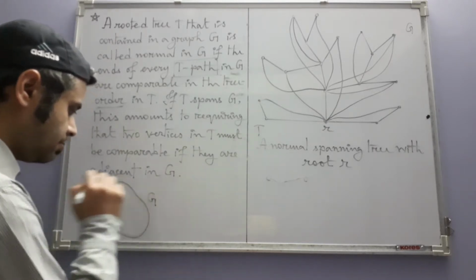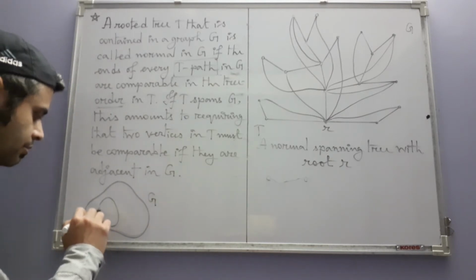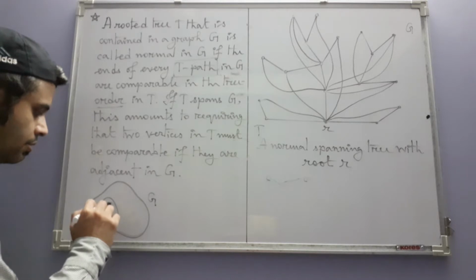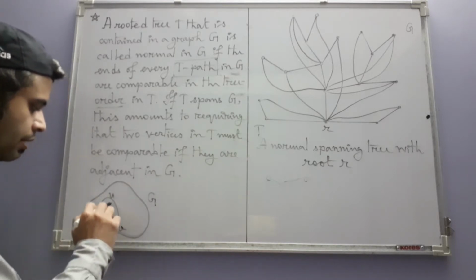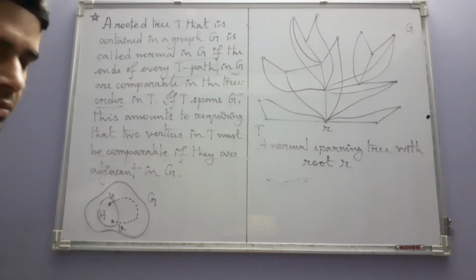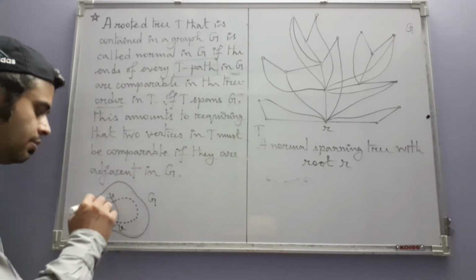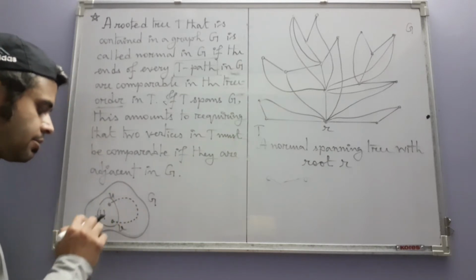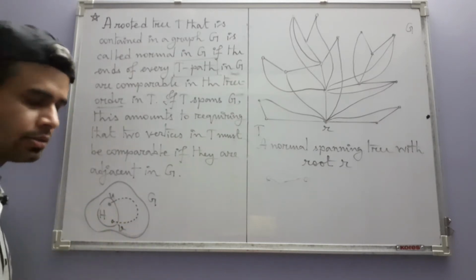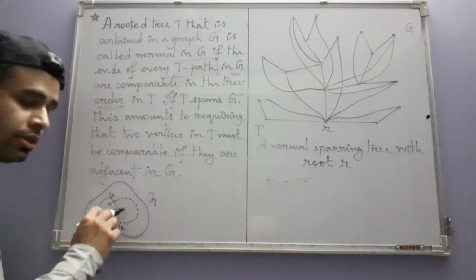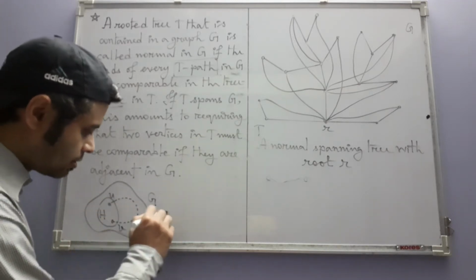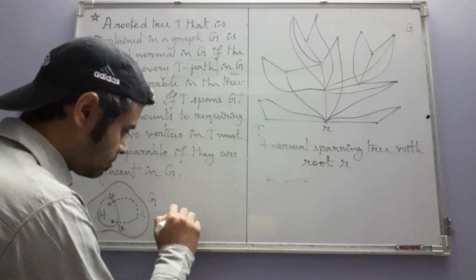Say you have a graph G in which you have a subgraph H, and in H there are two vertices, say U and V, and there is a path in G that links U and V, but the condition is that that path has only its ends U and V in H. Nothing else of the path is in H. No inner vertex is in H, and also the edges are not in H. Such a path is called an H path